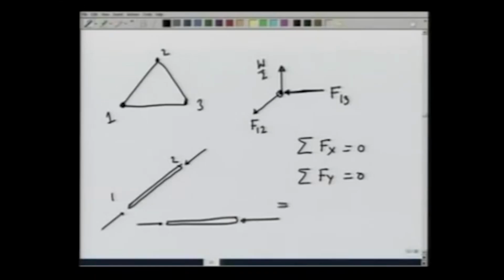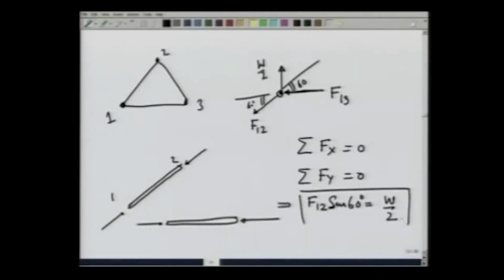This gives me that F12, this is 60 degrees, so would be this. So, F12 sine of 60 degrees is equal to W over 2, and that gives me F12. Similarly,